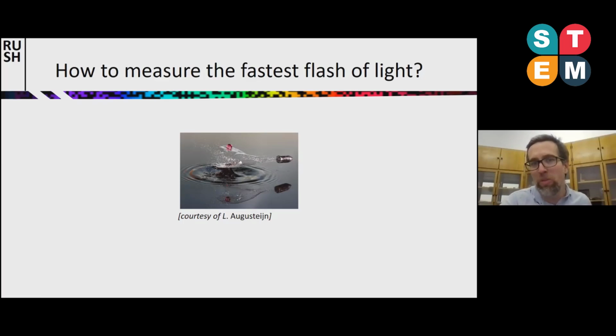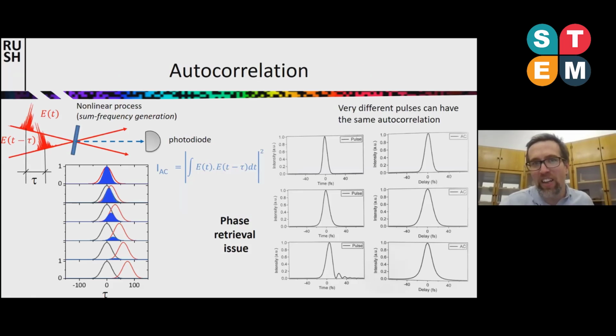But how do you want to measure femtosecond pulses if these are the fastest things that you can actually get? The answer would be, okay, you need to use the very same thing, the same pulses. This is an approach which is well known for several decades. In ultra-fast spectroscopy, this is called autocorrelation measurement, where you take two replicas of the same pulse.